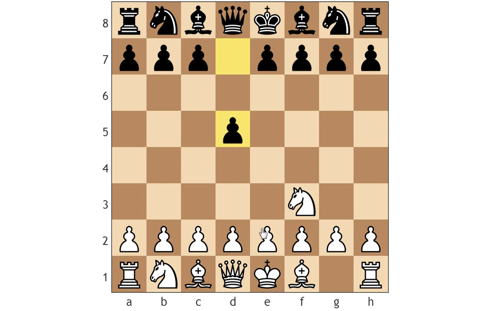Now against this move, White can always play d4, but I'm not a big fan of entering the d4 complex after you've played Knight F3. Sure, there are purposes for this move order, to play Knight F3 so early, but if you're going to play Knight F3, I would really suggest that you play another pawn move that takes part in the center. And